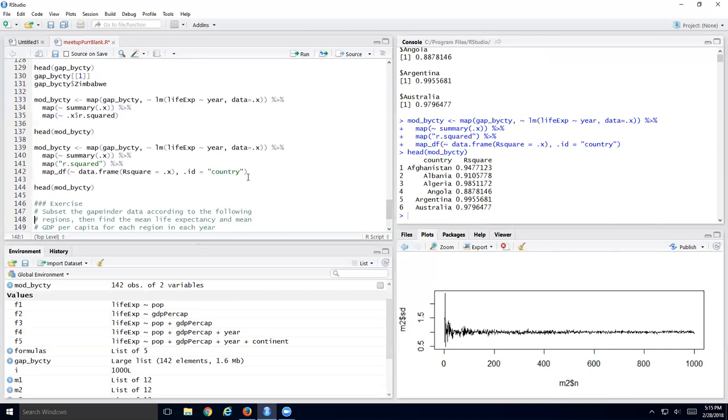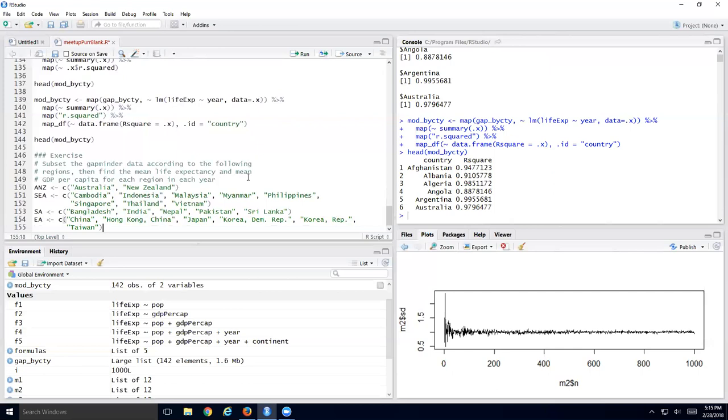All right, I have some exercise. If you feel like doing it, you can check it out. Basically, now I want to look at the mean life expectancies and mean GDP per capita for each of the sub-regions in each year. So I have ANZ, which is Australia and New Zealand, Southeast Asia, where I come from, South Asia, and East Asia. If you have four of these sub-regions that you are interested in, and you want to know the mean life expectancies of these sub-regions,